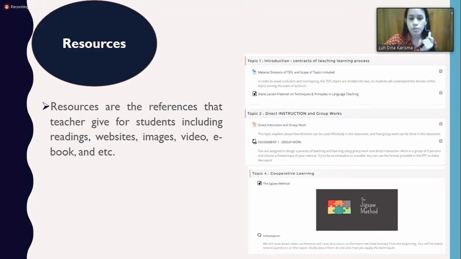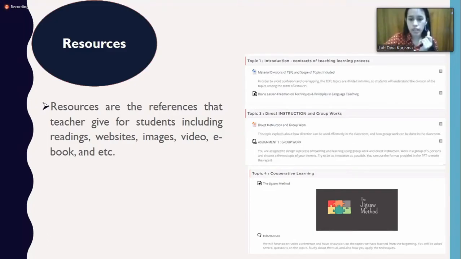Using resources tools, the teacher may provide students some links, ebooks, or videos that students can access anytime and anywhere.